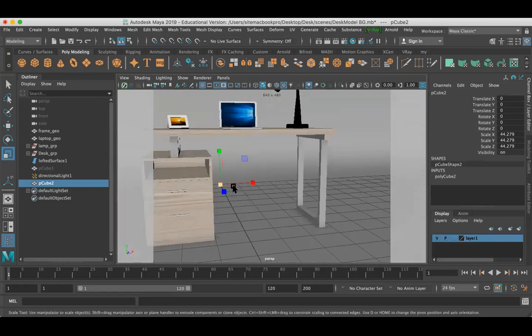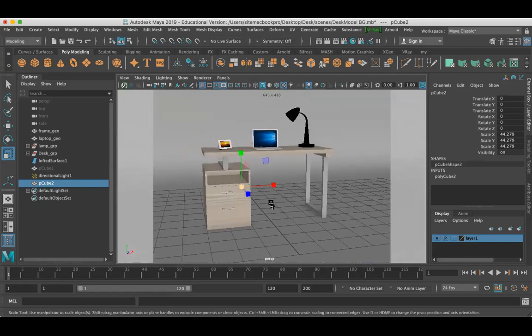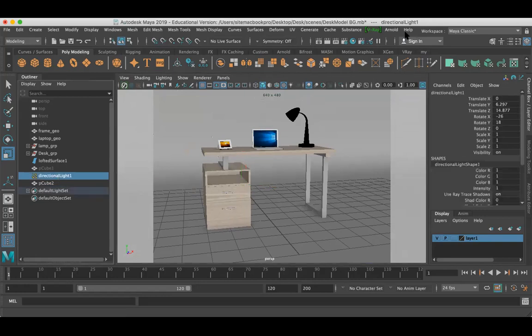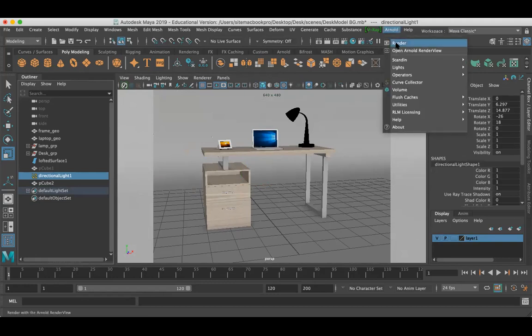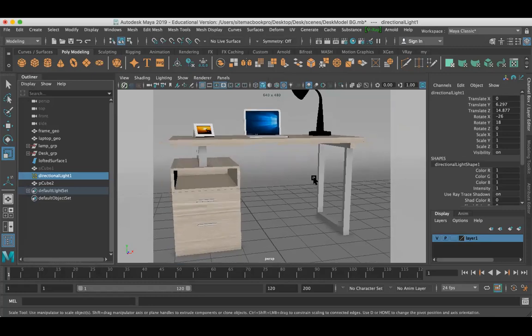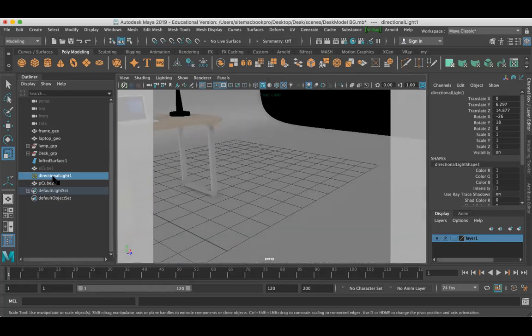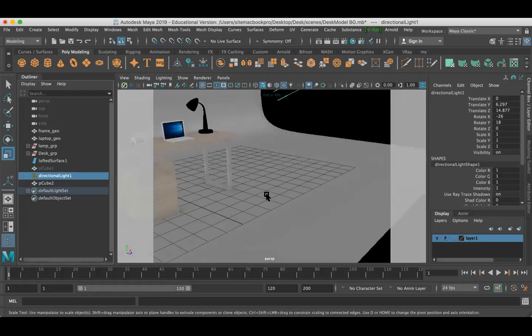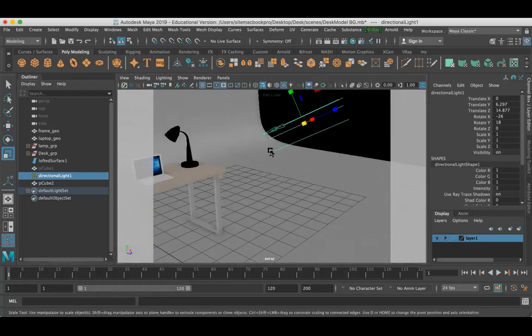Okay, so now we have created a light. We have created a directional light. Previously, we were able to see a light without the box. Am I right? So now I'm going to Arnold and I'm going to hit render. If I hit render, now look here. Okay, I'm just going to play this scene. It's completely dark, you can see here, because the light source cannot enter the scene. The light cannot enter my scene, though my directional light is inside my box.